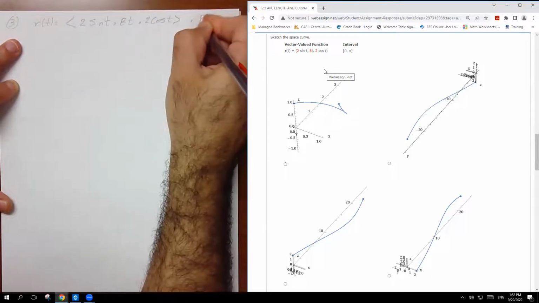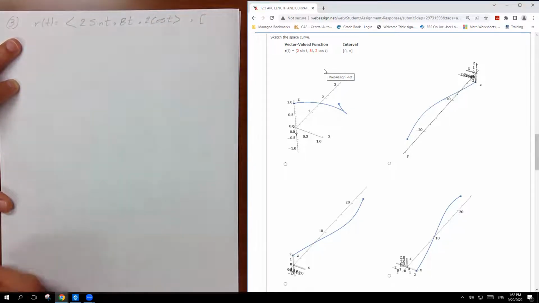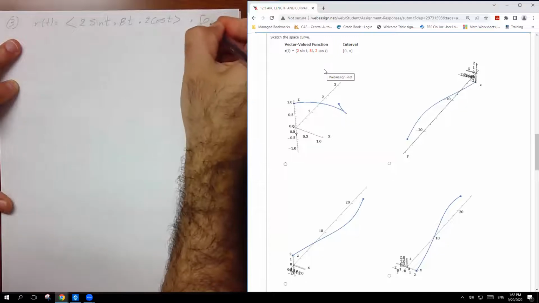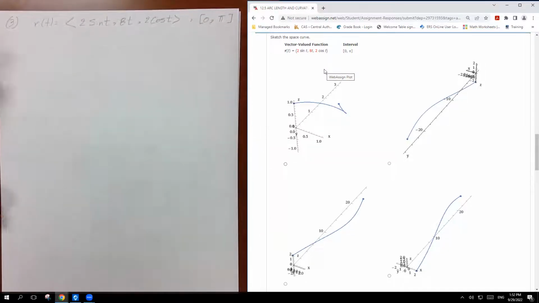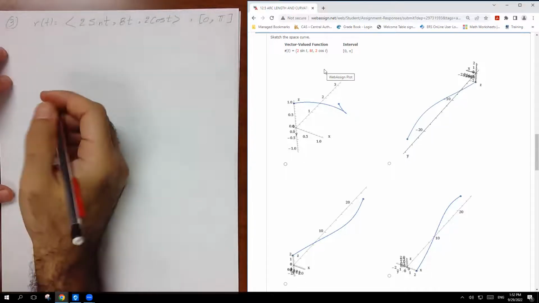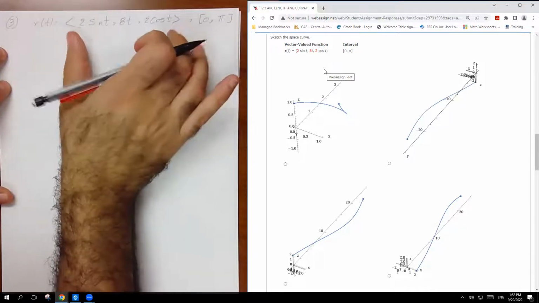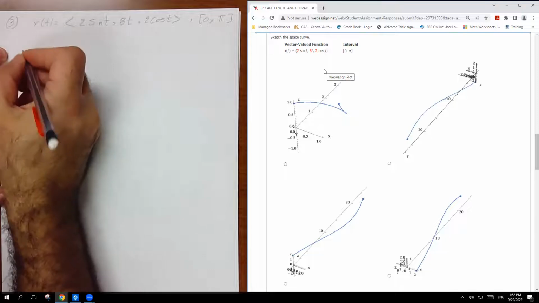And the interval is from 0 to pi. So let's work on this one and try how to graph it. You can use exactly the same thing. The first thing, it's already in the component form. So what I'm going to do, I'm just going to